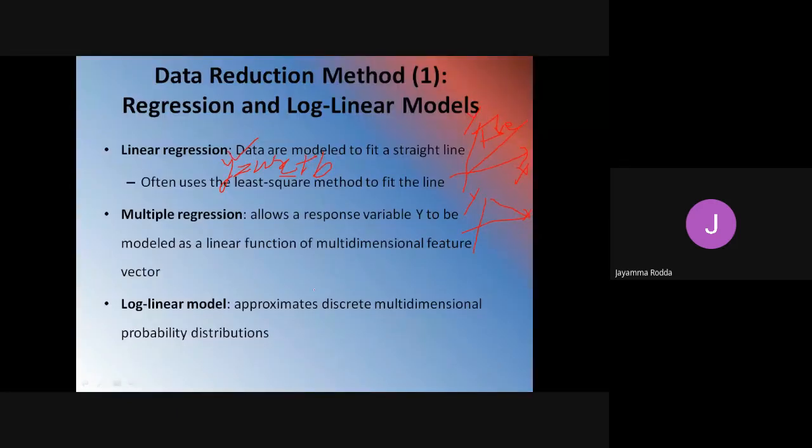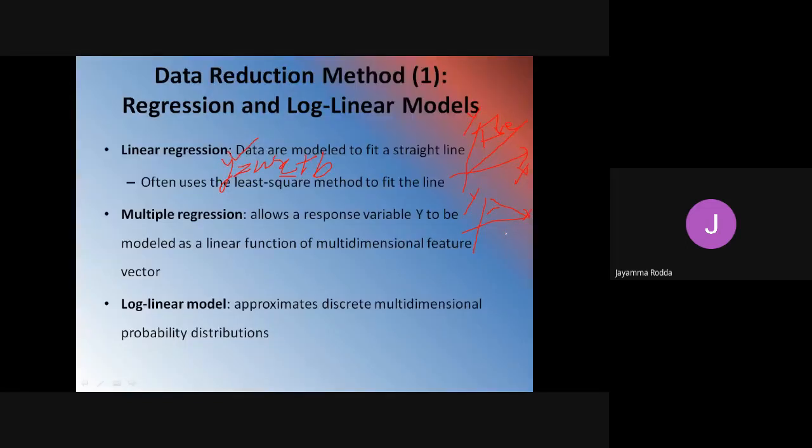In positive linear regression, when one value increases, the other one also increases. Whereas in negative linear regression, when one value increases, the other value keeps on decreasing.